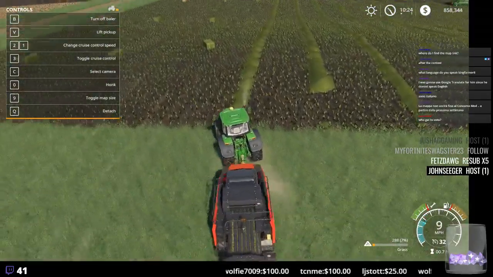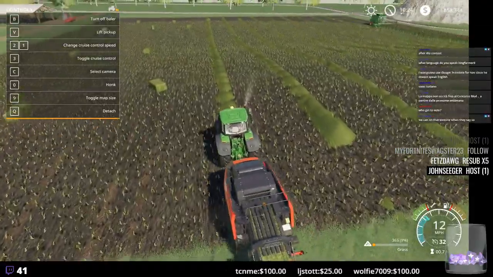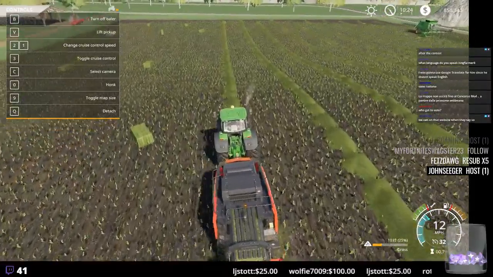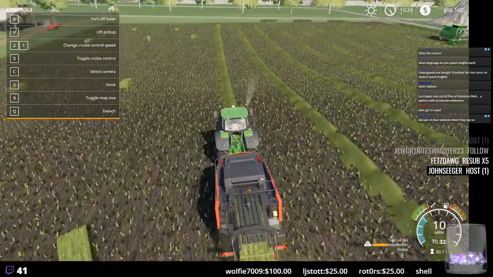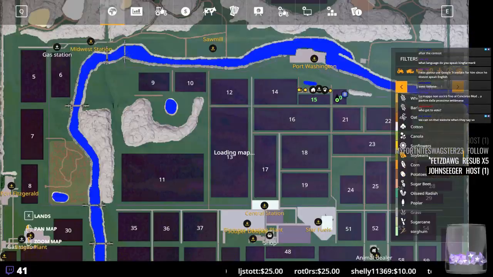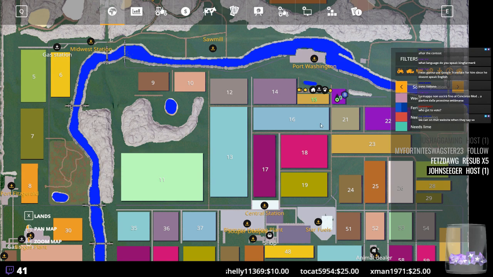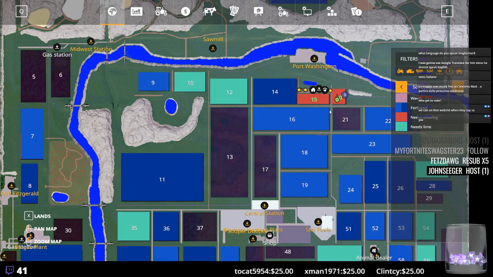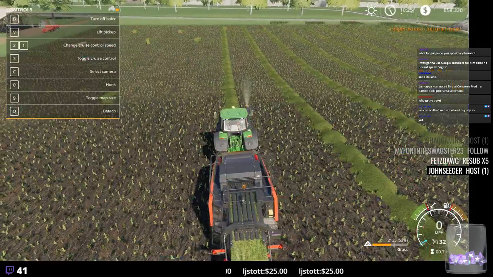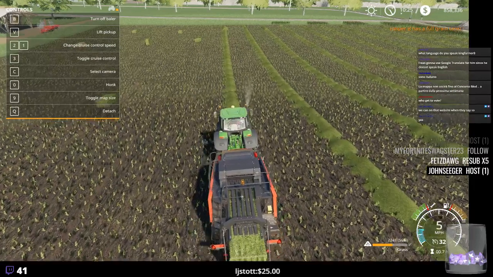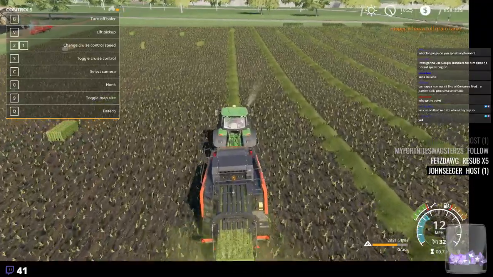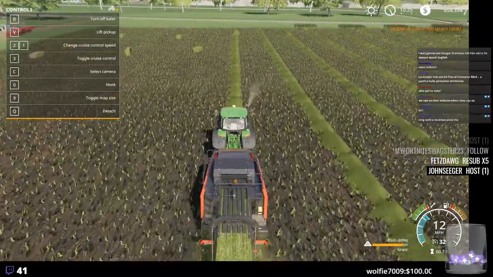Does anybody else use the require plowing enabled true, so you have to plow every few times? Let's see what the field status shows. Yeah, see, they both need plowing first time. I like to use it. Gives you an extra step, but